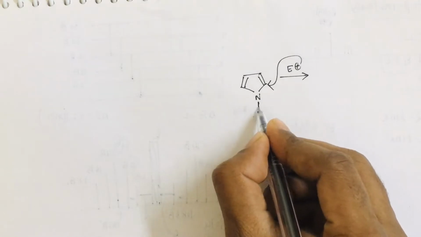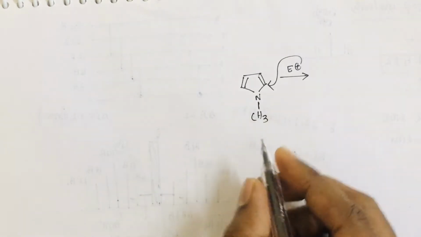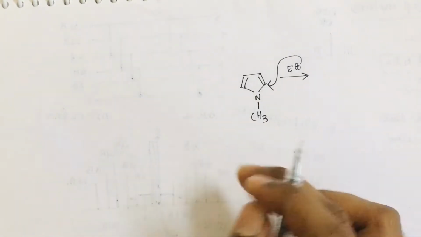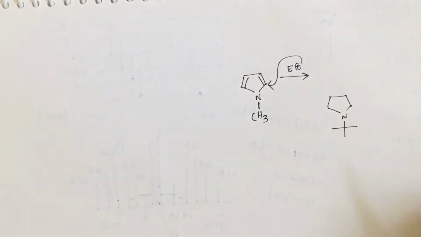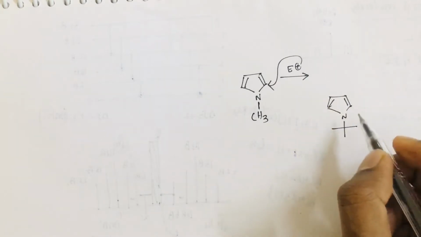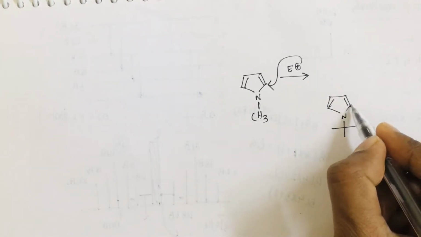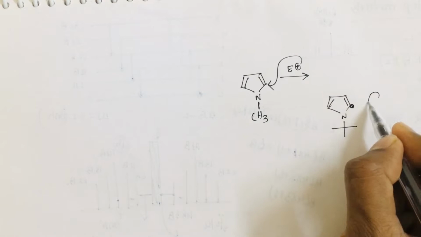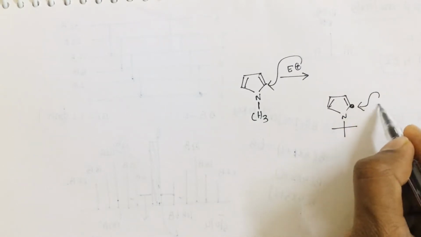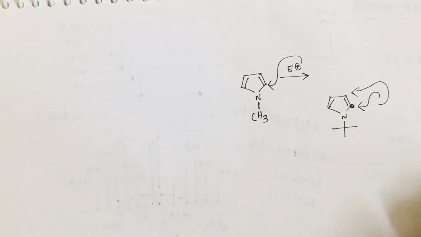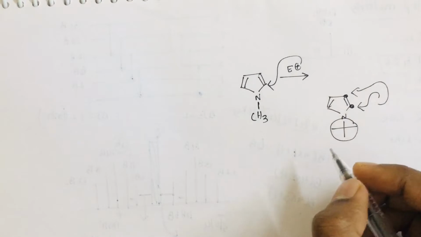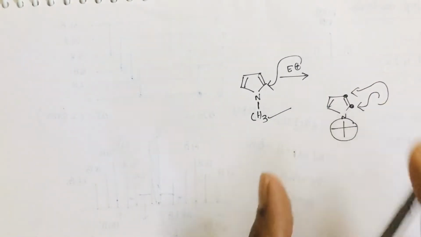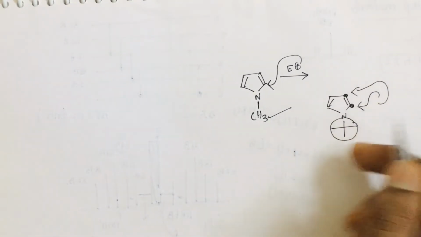If this group is some methyl group, no doubt there also the electrophile goes here. But when we have a bulky group at this position, the electrophile cannot approach the second position, and rather it goes to the third position. So this we have to remember. When we have a bulky group at nitrogen, the electrophile goes to the third position. In the case of methyl, the second position is the major product, but for other groups like